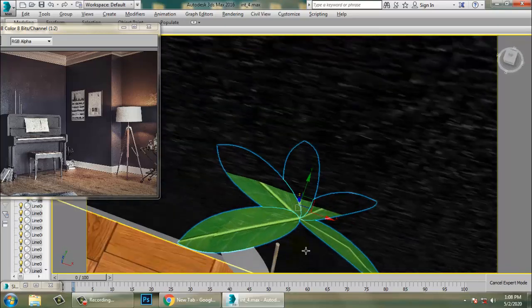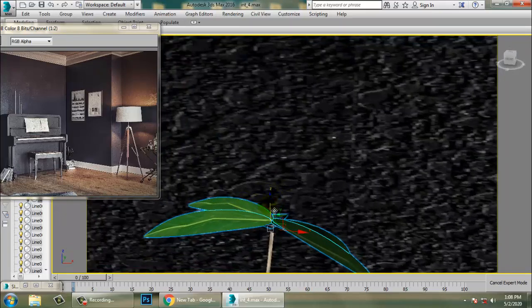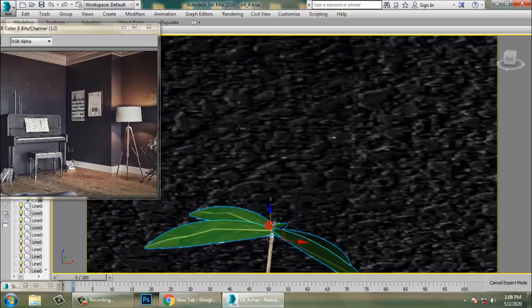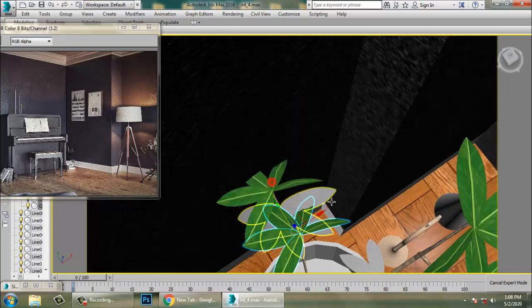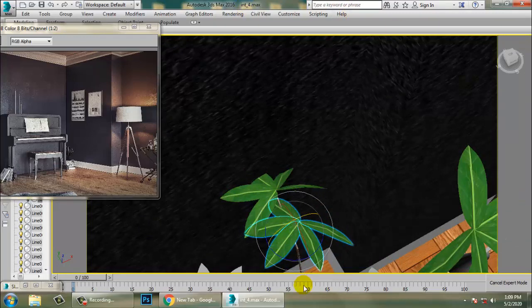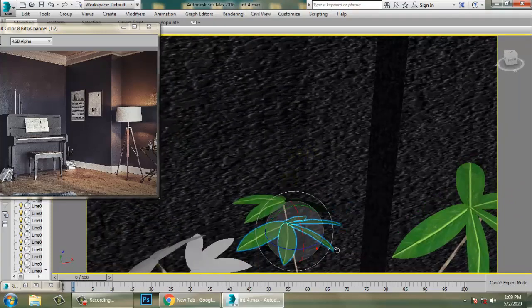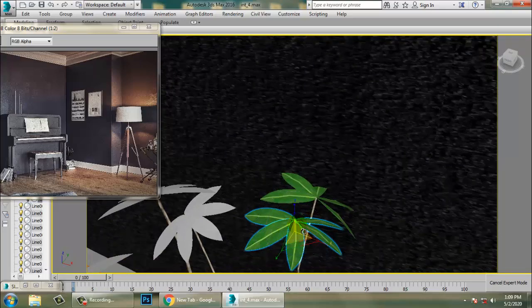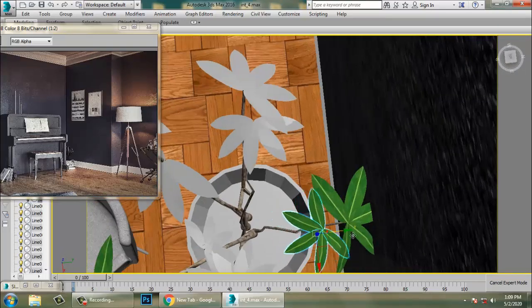So once you're done with this over here, just drag this and just delete it and rotate it and rotate it. And scale it.